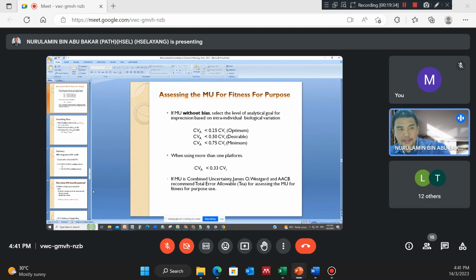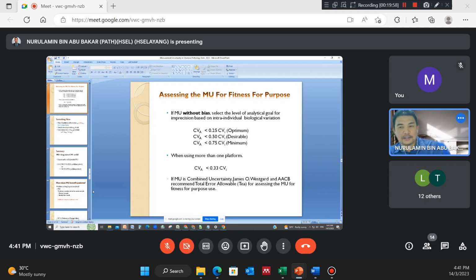Okay? But still, the take-home message is the long-term SD and the uncertainty of calibrator will be the two most important factors in our MU calculation. So as I told before, I'm afraid that the factor of bias will be excluded. So we'll see